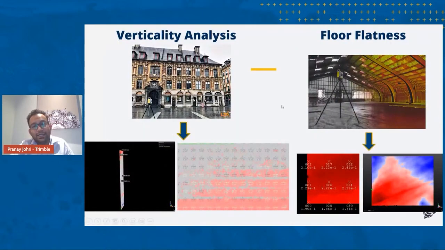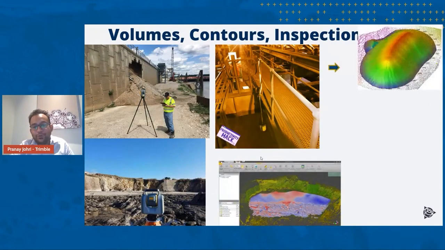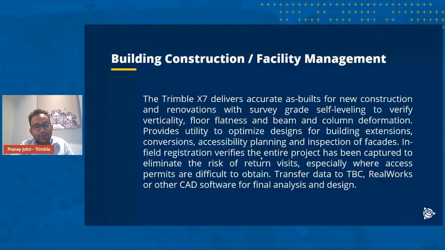This is the verticality and the floor flatness analysis we are talking about. You have a site, you scan it, and right on field itself, you'll be able to identify if your floor is flat or not, if your wall is vertical or not, or if you need to make certain changes. You'll identify that, okay, this is the area, this is my heat map. I need to make certain changes here so that it is precise. Then similarly, volume contours and inspection. After laser scanning, take it to Trimble Business Center and it will do